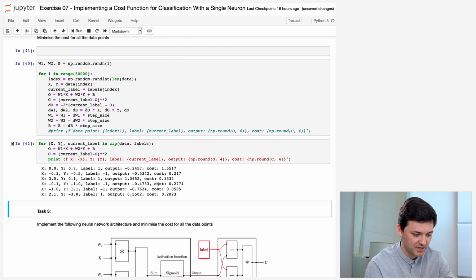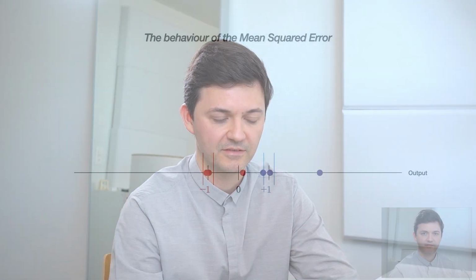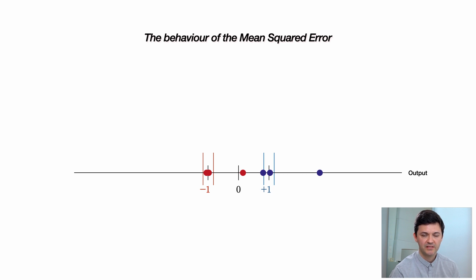So even after 50,000 iterations, as you can see, cost of some of the data points is getting lower, but we have reached a certain limit. We cannot improve the first data point. And also, this data point somehow is still far from 1. So what is the problem? What am I missing here? What is not working? So this is the scenario that we have faced while trying to minimize the cost for